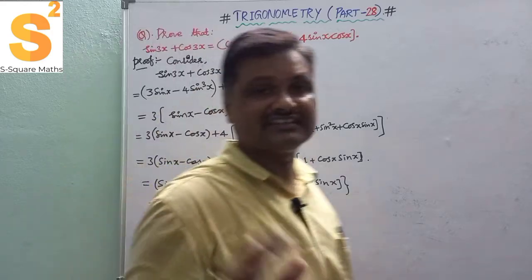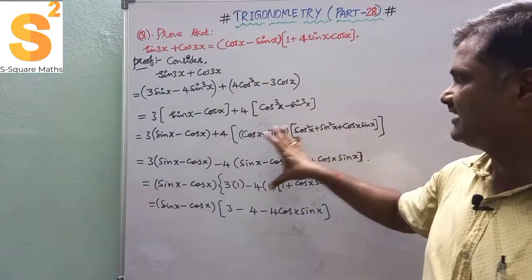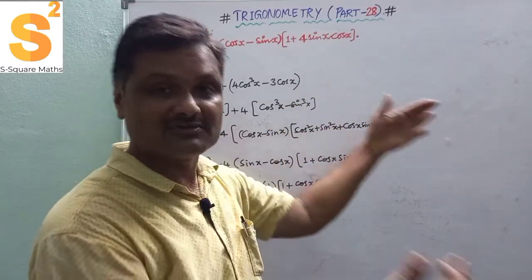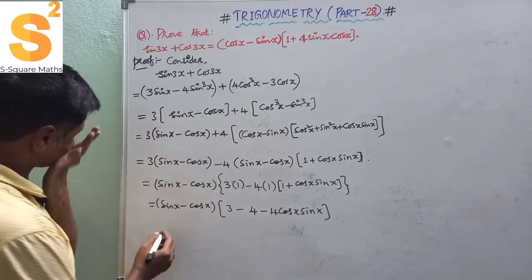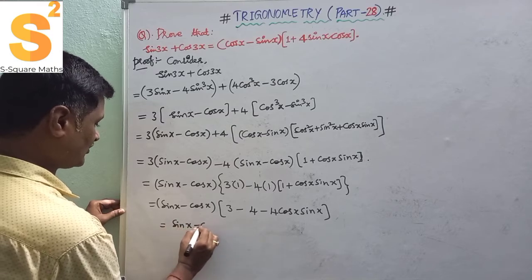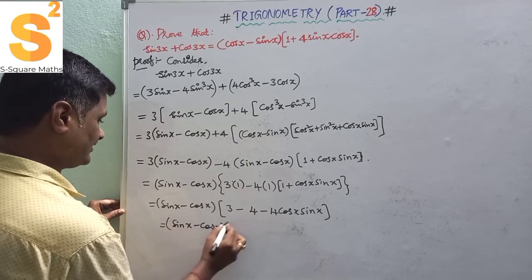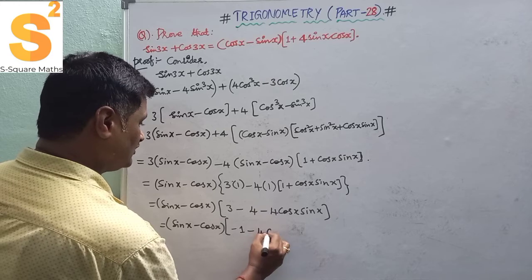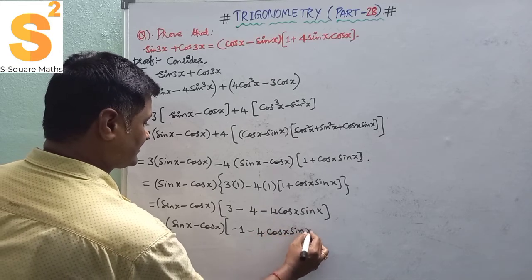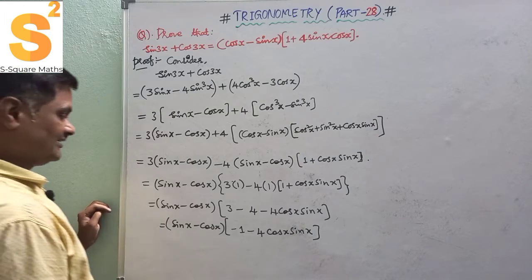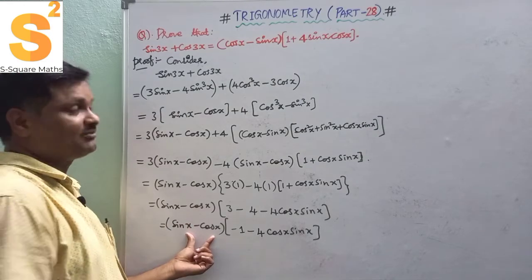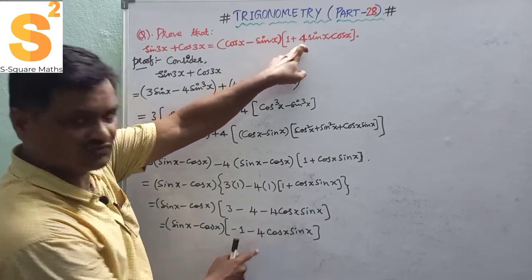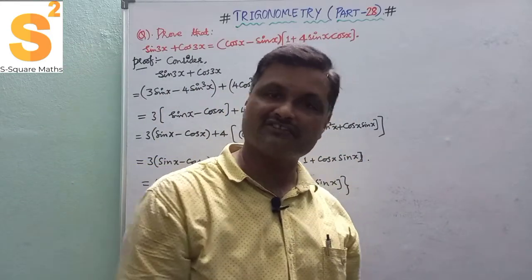If you observe carefully, the first 3 to 4 steps are substitution, and here it is applying the trigonometric identity and taking as common. So to get the result, some more steps we have to do. So nothing but here sin x minus cos x into 3 minus 4 is minus 1, and minus 4 cos x into sin x. And here we have sin x minus cos x, but our result is cos x minus sin x, and here it is plus 1 minus 1, here it is plus 4 minus 4. If you observe carefully, if I take minus as common, everything will be fine.